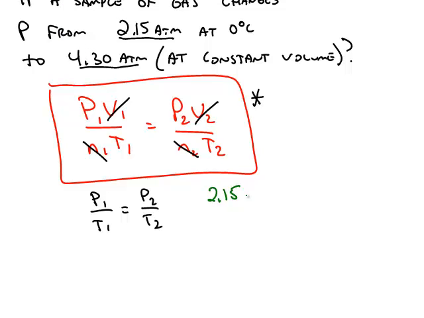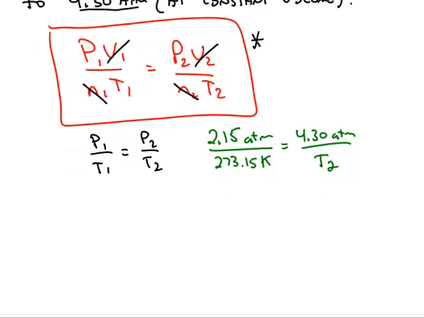Say the first pressure was 2.15 atmospheres. The first temperature was 0 degrees, but that's in Celsius. We can't plug in Celsius, we have to translate that into Kelvin. The second pressure, 4.3, and the only unknown is the second temperature. If you solve this equation for T2, you'll get